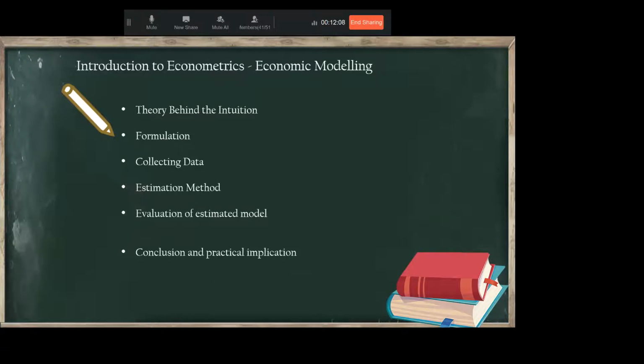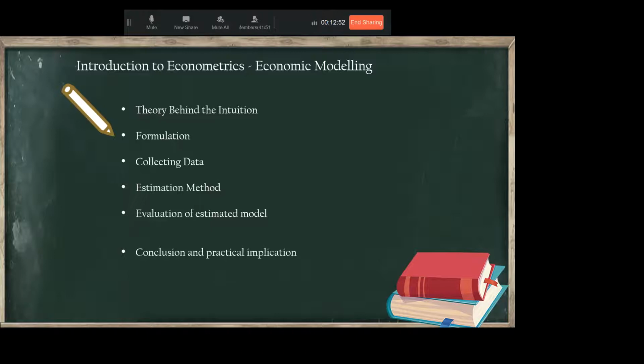It is always the basic and important step to give your thoughts an equation format, so that you can reach the evidence and see if it falls on your side or not. For example, when you get the evidence, is it going to prove your claim, or is it going to disprove your claim? If it is proving your case, then you go for interpretation and conclude your study for its implication. Then you have to define that this means this, and in practical life we can apply this in this kind of industry, in this kind of economic situation, in this kind of infrastructure.